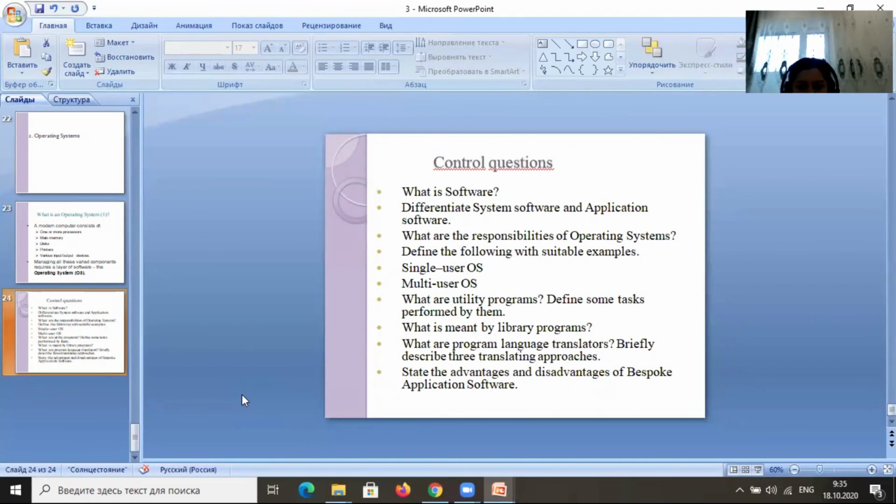What are utility programs? Define some tasks performed by them. What is meant by library programs? What are programming language translators? Briefly describe three translating approaches. State the advantages and disadvantages of